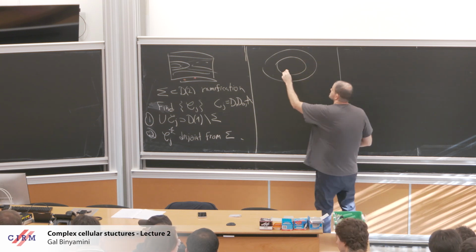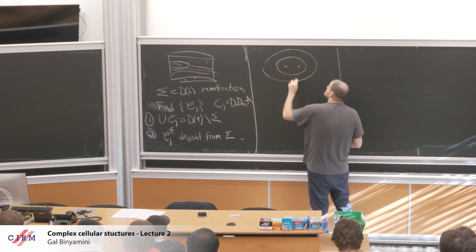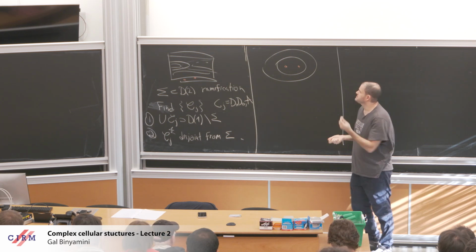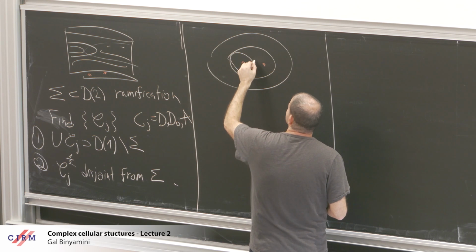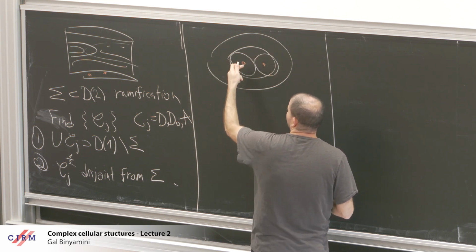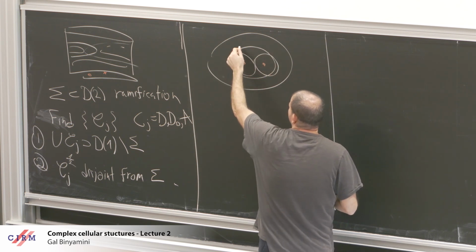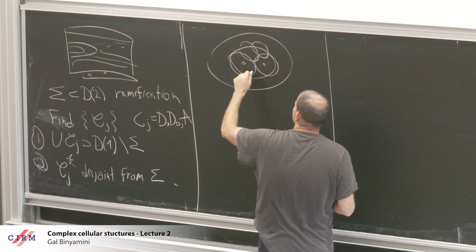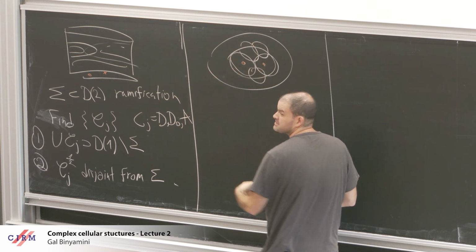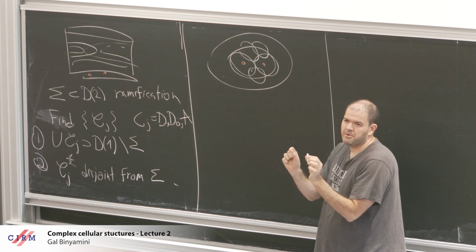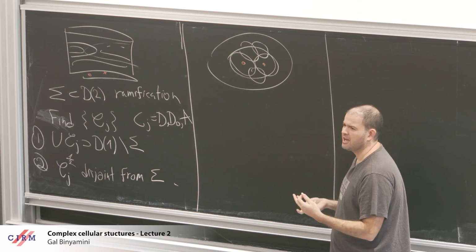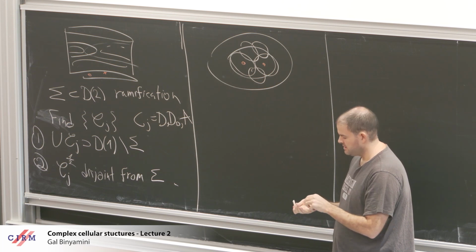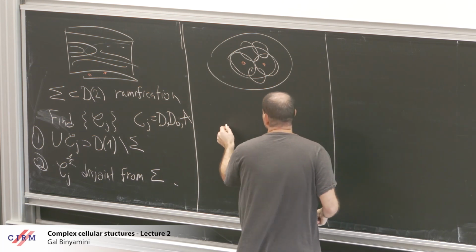So if the 2 points were something like this, then you can probably do it with a few disks. Like you would put a puncture disk here, a puncture disk here. So these are 2 puncture disks. And then this remaining part, I would cover with a few disks, something like this. Okay, so when the points are far away, there's no issue, and we don't see this more delicate hyperbolic obstruction with the annuli. So the interesting thing happens when you